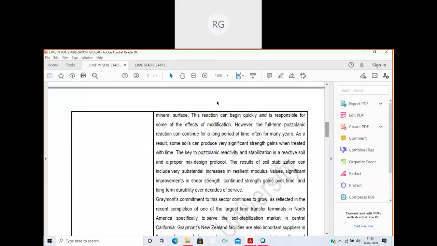This reaction can begin quickly and is responsible for some of the effects of modification. However, the full-term pozzolanic reaction can continue for a long period of time, often for many years. As a result, some soil can produce very significant strength gains when treated with lime. The key to pozzolanic